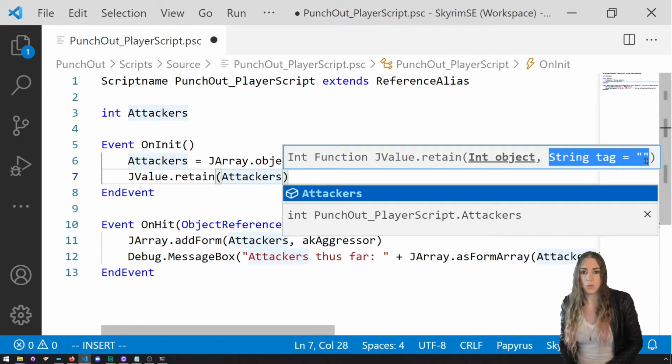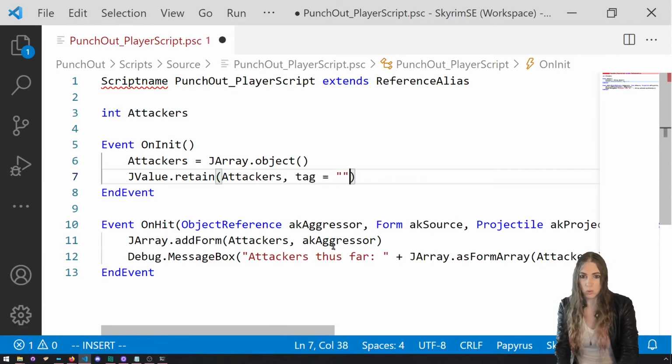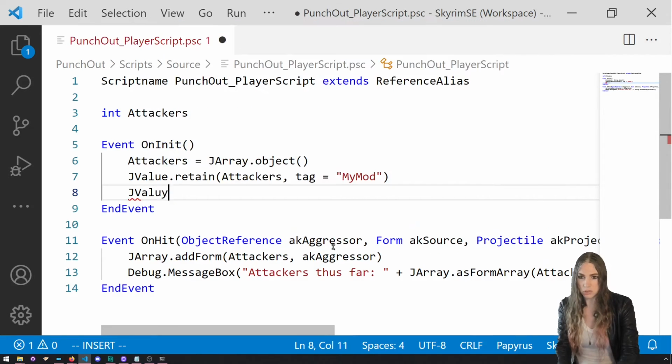And if you want to, when the mod gets uninstalled, you can actually get rid of every single object that has a certain tag. So what you can do is say tag equals my mod, and then later when you want to,